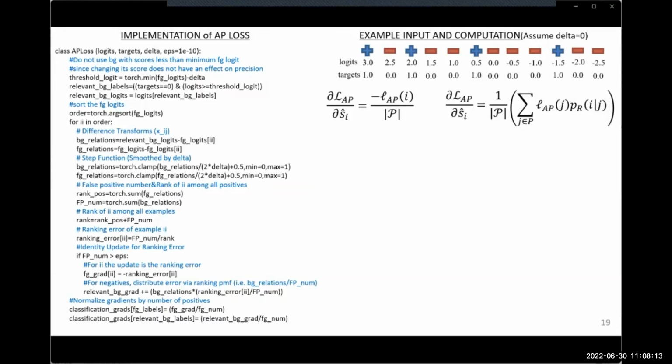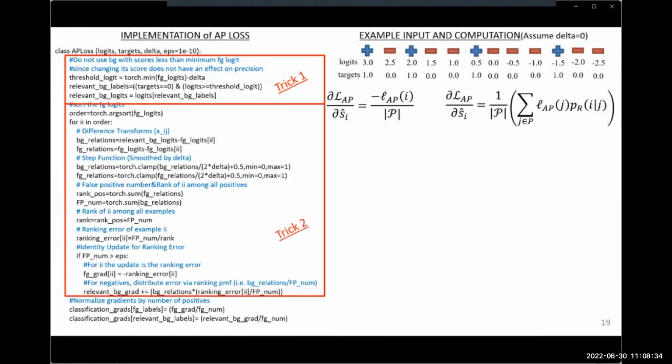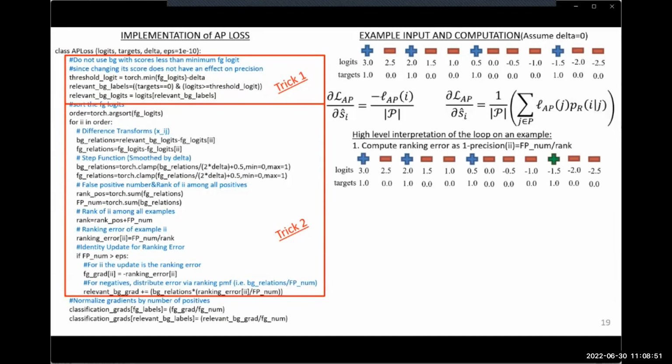To alleviate that, two training tricks are employed. First, the negative examples that do not contribute to the loss, namely the ones that are already classified properly with the desired margin, are discarded from the computation in the beginning of the implementation. And second, instead of computing the update at once, the updates are computed on each positive example sequentially, implemented by a loop. Now let's consider the computations in a loop given the example input at the top right of the screen. Note that the loop runs over the positive examples and assumes that the computation is on the